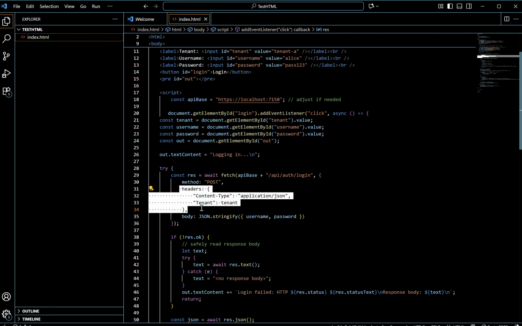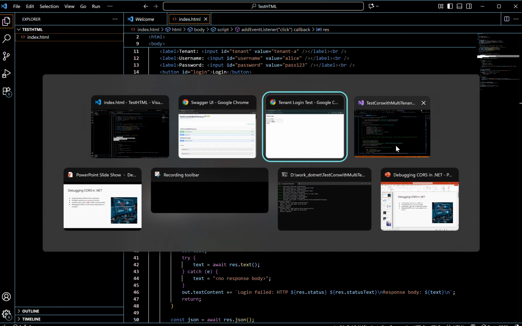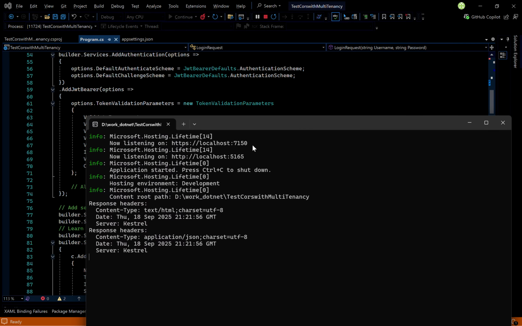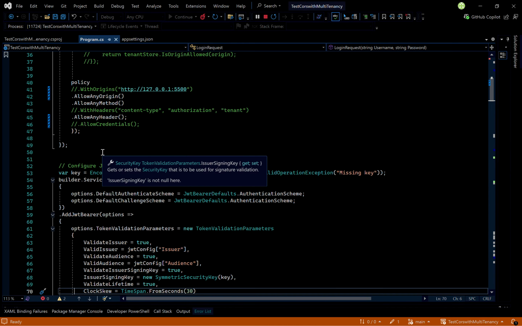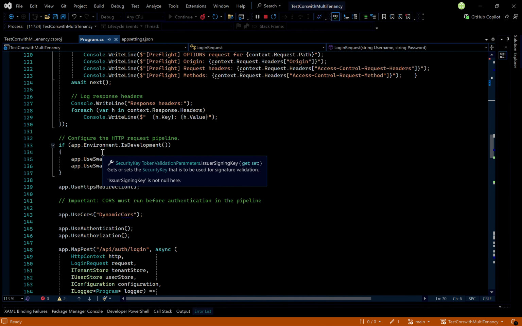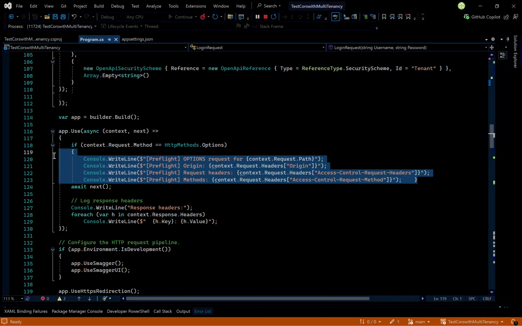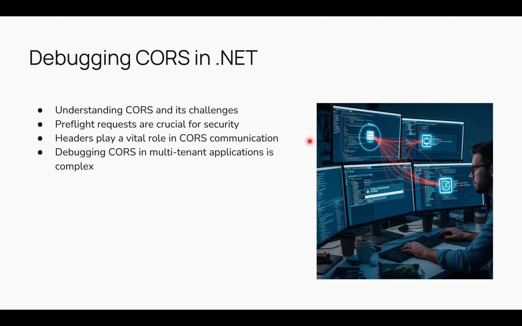And then here comes the header part. This is very important. So when I run my application, you can see the console right here. And you can see the response header is being logged. This is due to the middleware that I have added right here. Let me show it to you here. So this is only going to be logged when a pre-flight request comes in. So if you ask what are pre-flight requests, if we